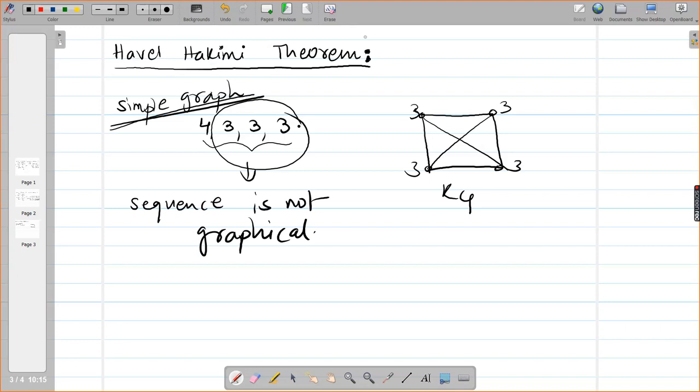So without drawing the graph. Here I have taken only 4 vertices, so I just tried. But if I give you 10 vertices or 20 vertices, is it a good idea to draw such a graph and then conclude whether you can draw it or not? Will you try such graph drawing so many times? No, ma'am. And the Havel-Hakimi theorem helps us in that. It helps us check whether the given sequence is graphical or not. So see, this is the statement.